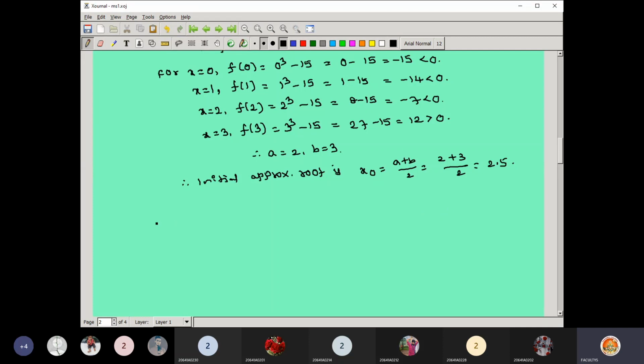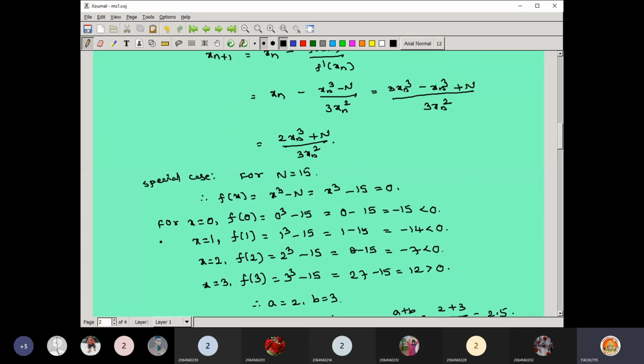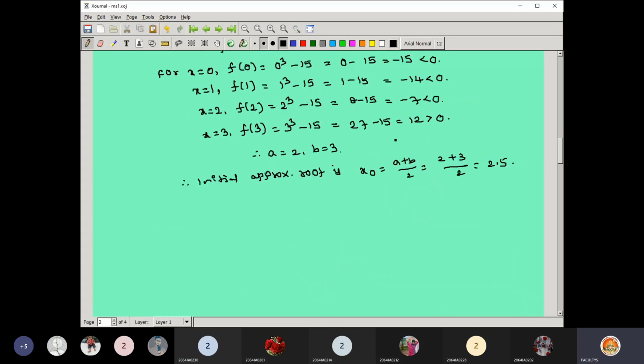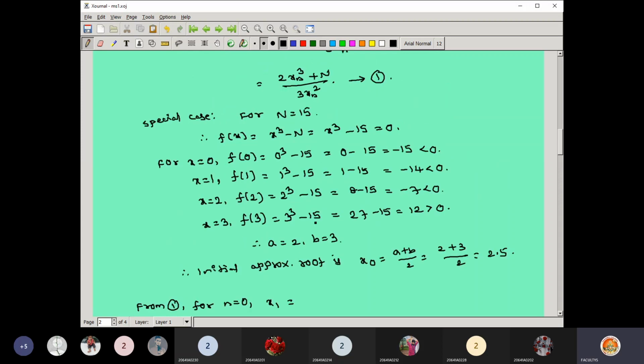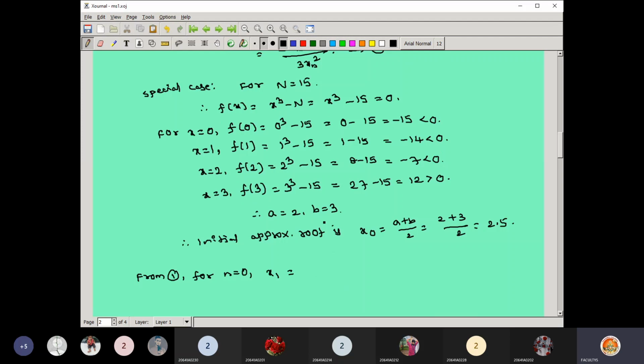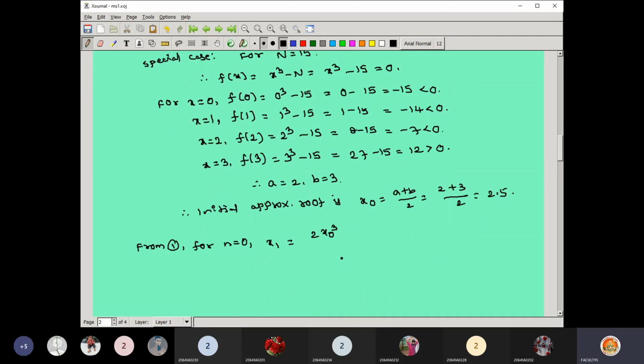Now I am substituting in your formula. So what is the derived formula? This formula we have already calculated to find out the cube root of a number. So directly I am substituting in your equation number 1. From equation number 1, for n equal to 0, you are getting x1 equal to, I am substituting, 2x naught cube plus capital N, as per the formula,